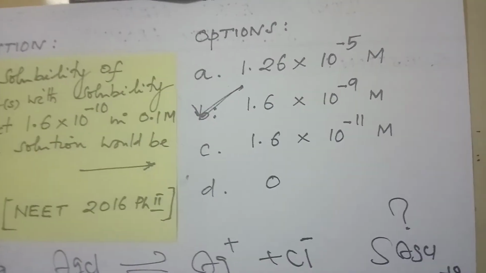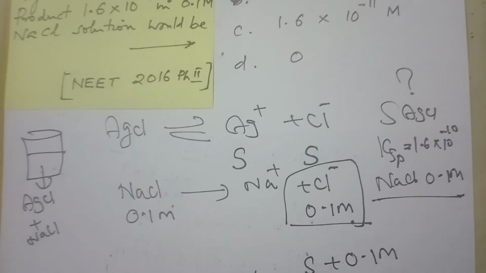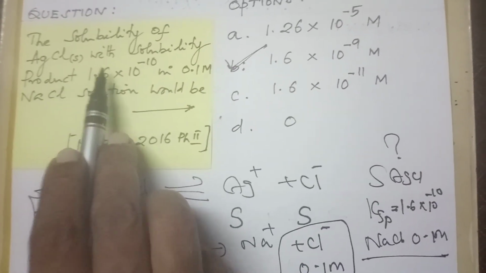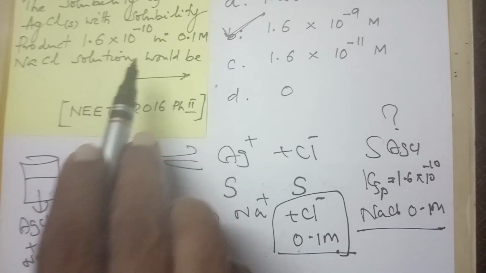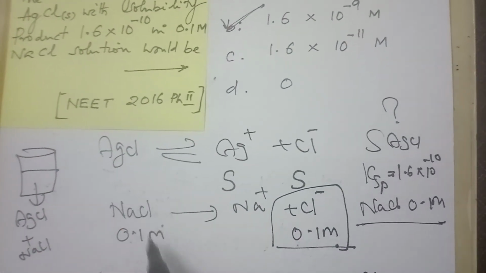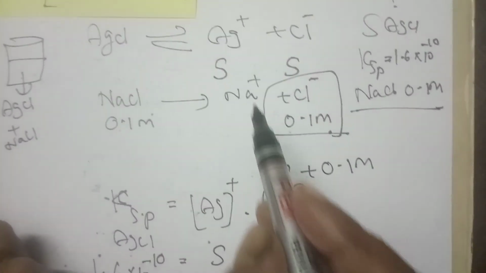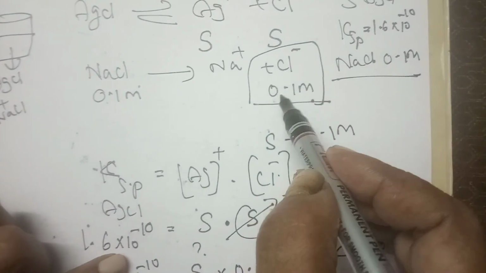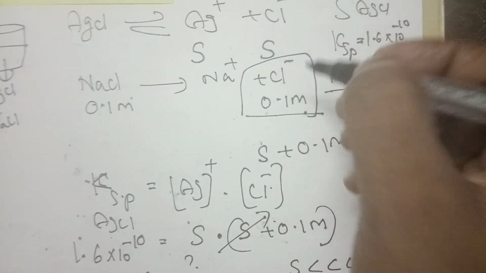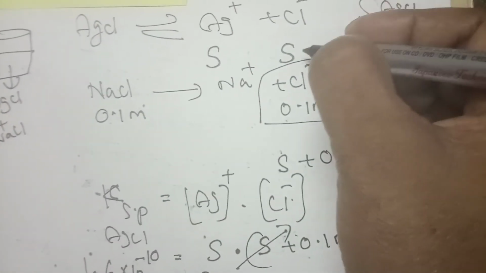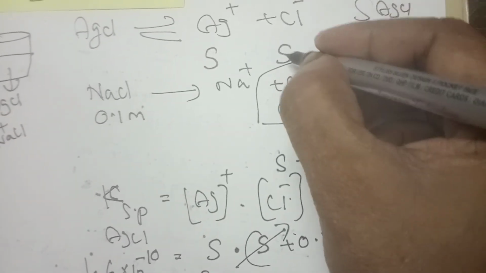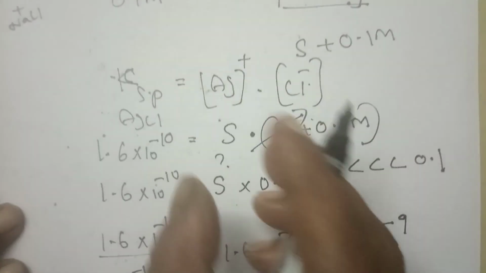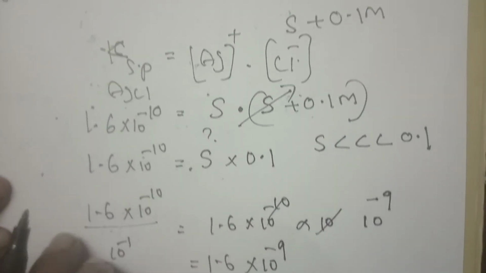So like that we are approaching. Here again I am telling, the solubility of silver chloride is the question, and the solubility product of silver chloride is given. The solubility is the question, and the medium of sodium chloride is given. So whatever concentration of chloride you take as it is, compared with this the solubility is negligible. So bring it here, substitute, keep the S on one side, bring the 0.1 to the other side and